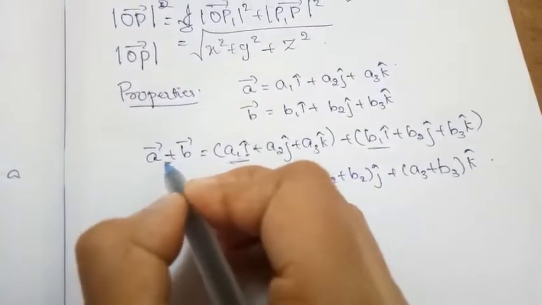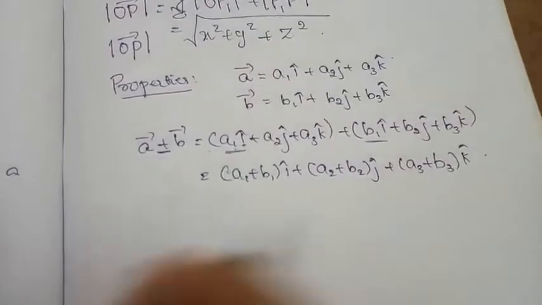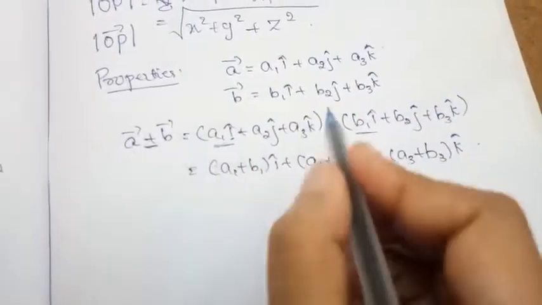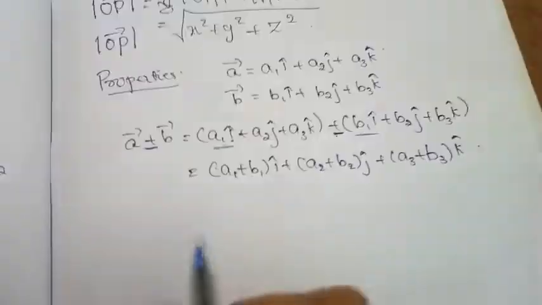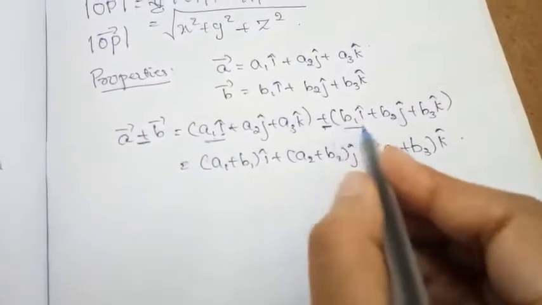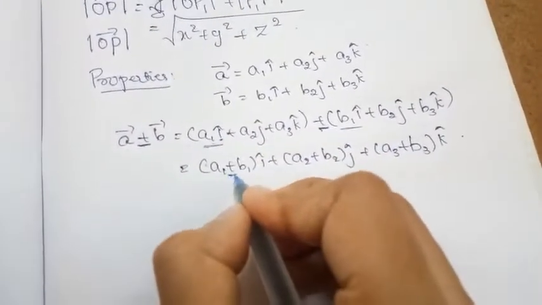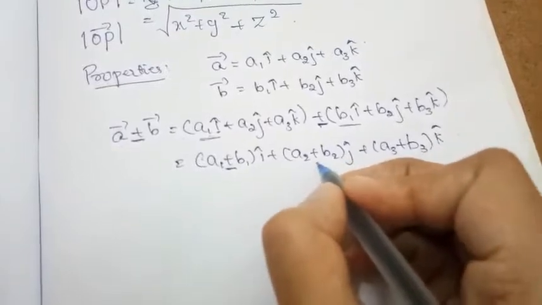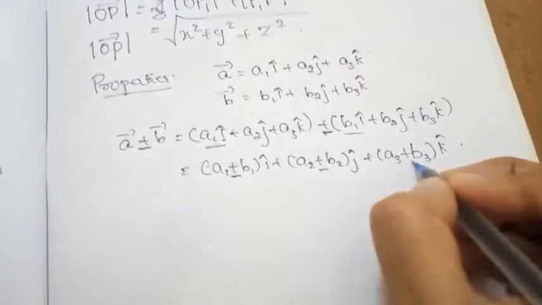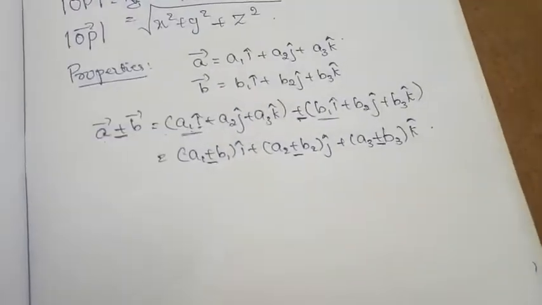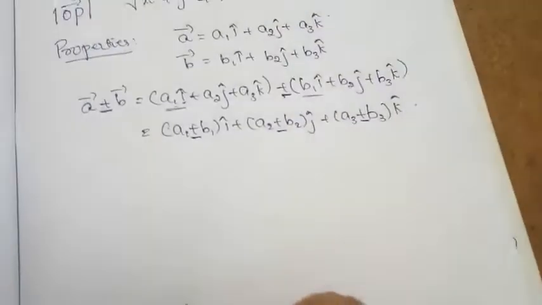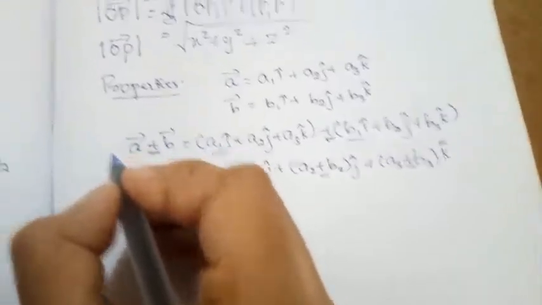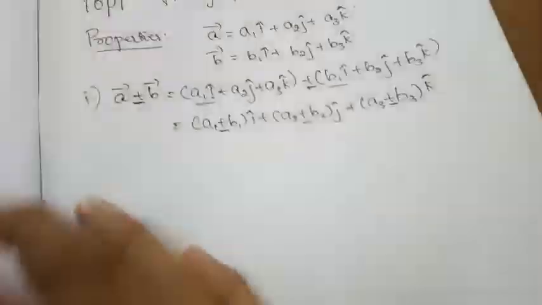Suppose I am going to subtract any two vectors, means component of vector A minus component of vector B, again subtracting the corresponding elements, that is (a1 minus b1) i cap, (a2 minus b2) j cap, (a3 minus b3) k cap. Sorry, this one is j cap and this one is k cap. Now, next one. This is regarding addition and subtraction.